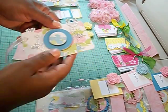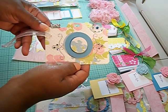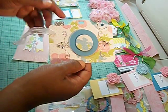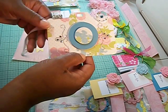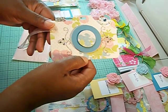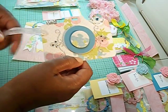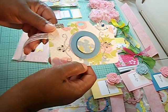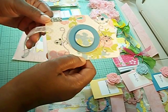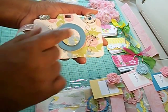So here's my tag, and I made a camera for my tag, and the die that I used is from MFT. I used their camera die, and we were also to add some decorative elements onto the front of the card. I keep saying card because I love making cards, but the tags are fun to make too. But we had to use some decorative elements on our tags, and what I used was some bling from